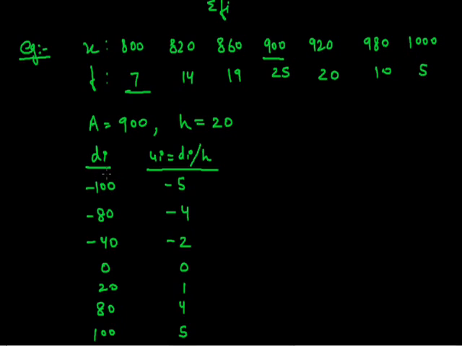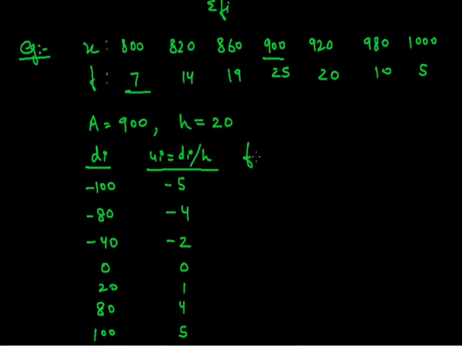Because after subtracting the assumed mean also, we were getting big values like 100, 80, 40, and multiplied by frequency they will give us bigger values or a greater number. So again we have reduced the deviation to a smaller number by dividing it by h, and now we got minus 5, minus 4, minus 2, 0, 1, 4, 5, which are comparatively smaller values as compared to the x or d, that is the deviation.